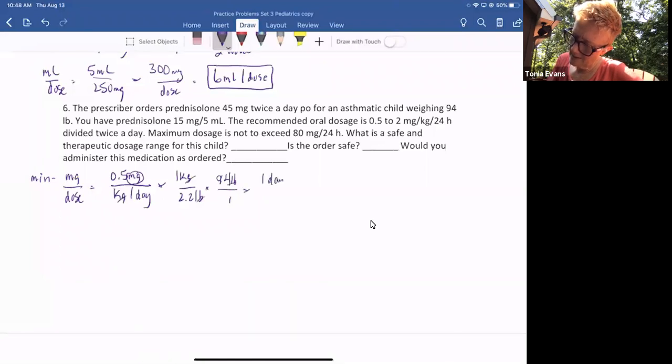One day, it's going to be 2 doses. 0.5 times 94 divided by 2.2 divided by 2 equals